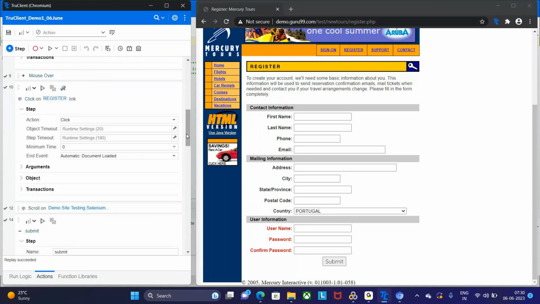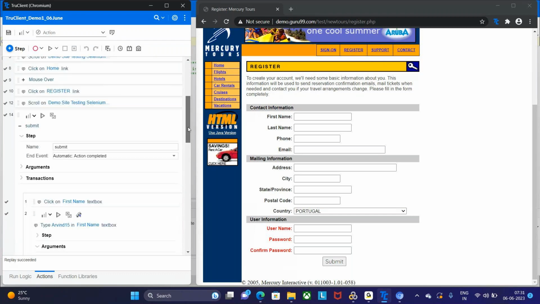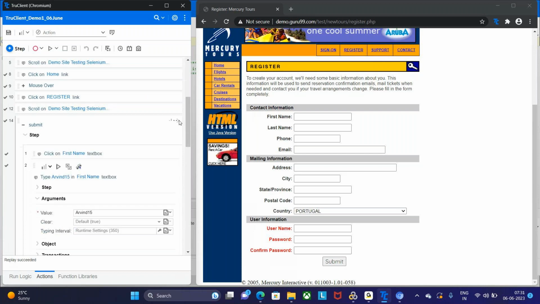Okay, the next thing we can discuss is the transaction part. Right now, we have not, I mean the